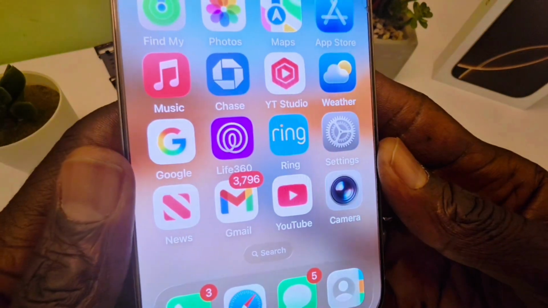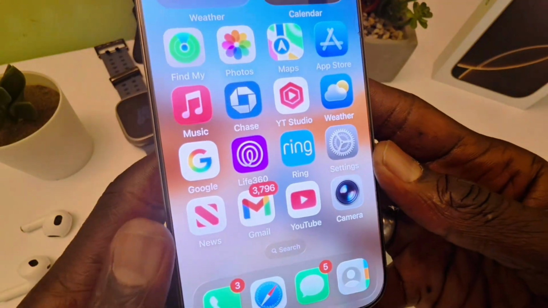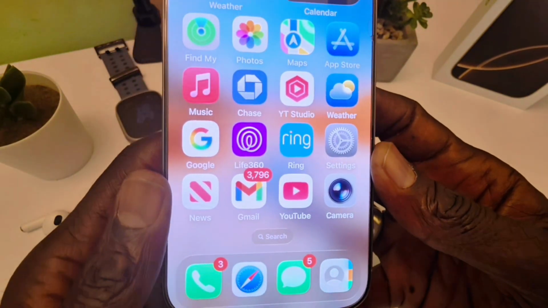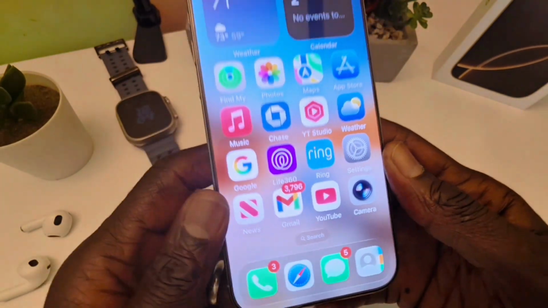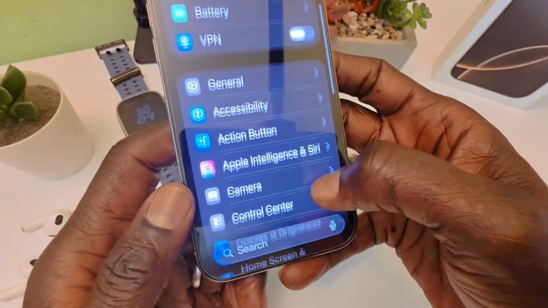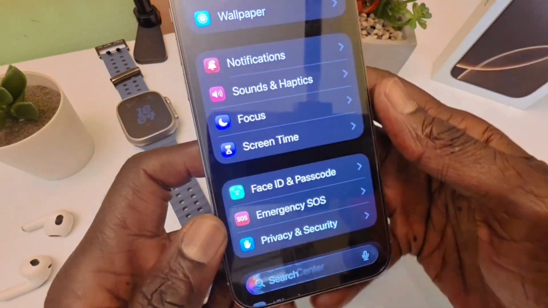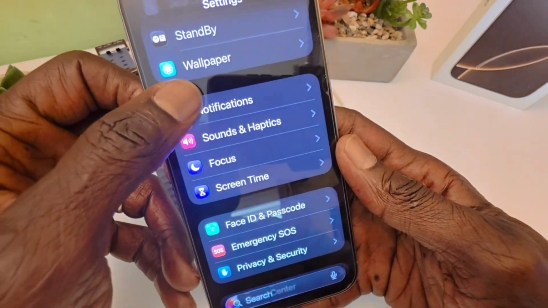You don't go to the Gmail account or the Gmail app. You don't do none of those. So you have to go to the notification panel. You go to settings. So when you go to settings, from here you can scroll down to notifications. As you can see, notifications, right? You click on notifications,